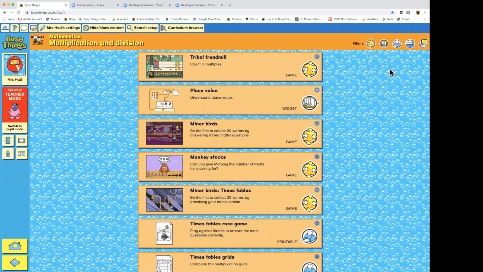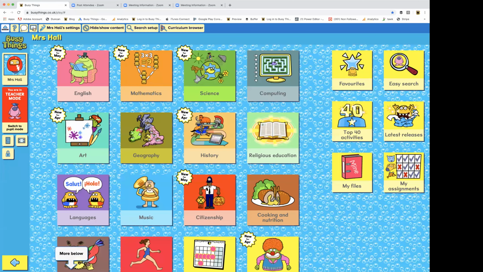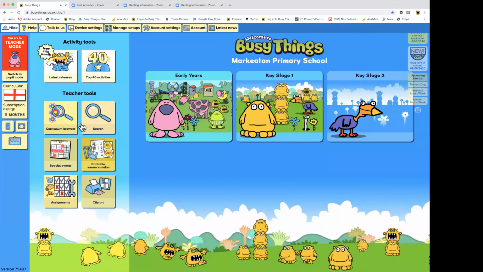Printables do not show up in pupil mode. So basically what you're looking for is everything in this drop-down menu. When you're in teacher mode, every single activity will have this blue drop-down menu, and always have a look what's up here. So that's one way of finding content, but I'm going to show you a better way, which is to use